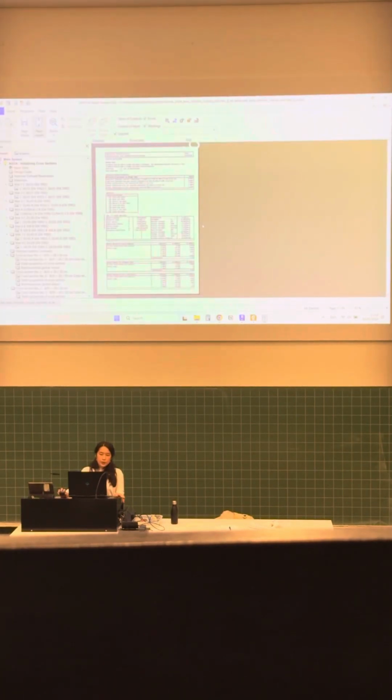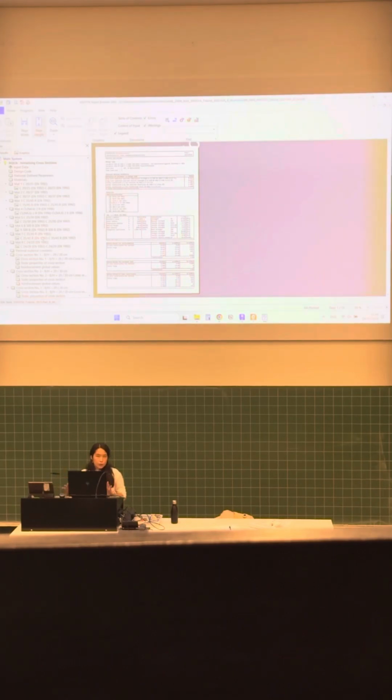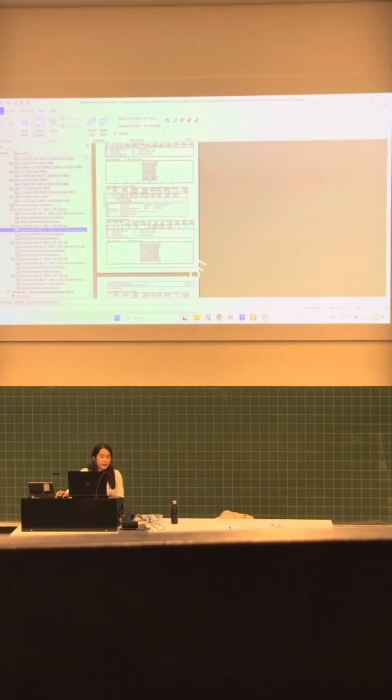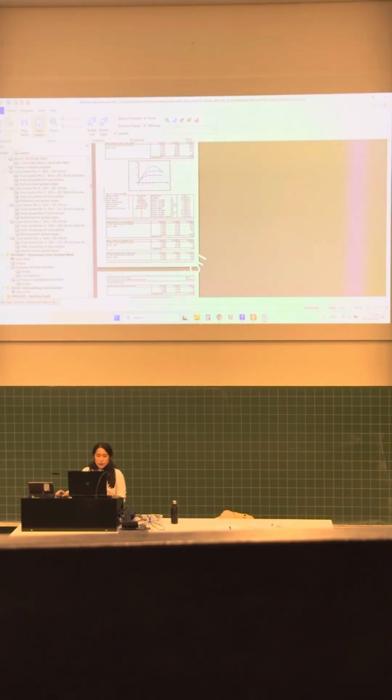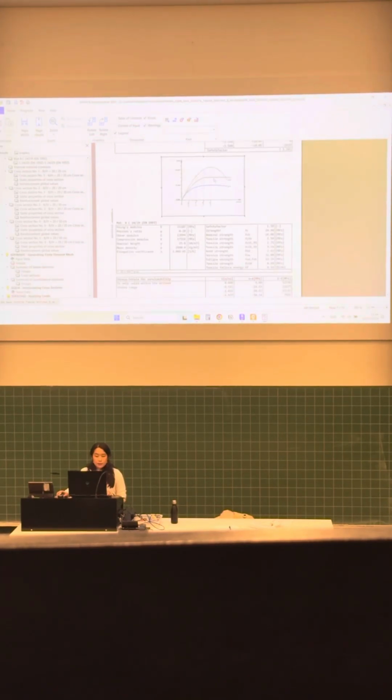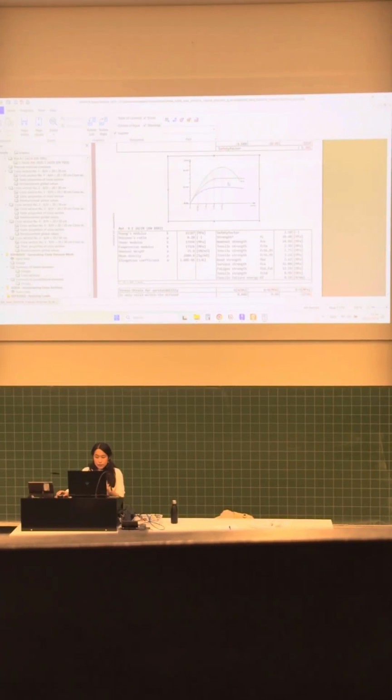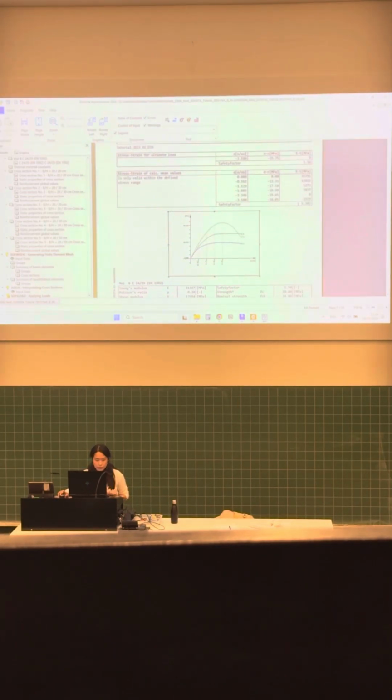It will open this big overview of our whole model. Here we can again check all the models and the material that we gave it. Here you can also check exactly what kind of graph follows the property of, for example, concrete or any